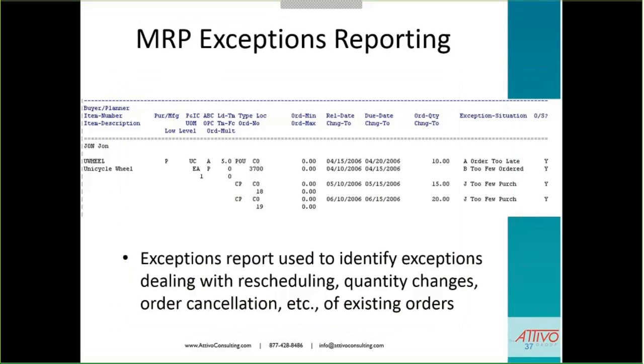So the exceptions report is, I think, one of the most important tasks that a buyer planner can do. If I was hiring buyer planners, I would be talking about, tell me about how you kept things on plan. The goal of MRP and the goal of MRP exceptions reporting is to create a plan, a materials plan, in support of the sales plan,